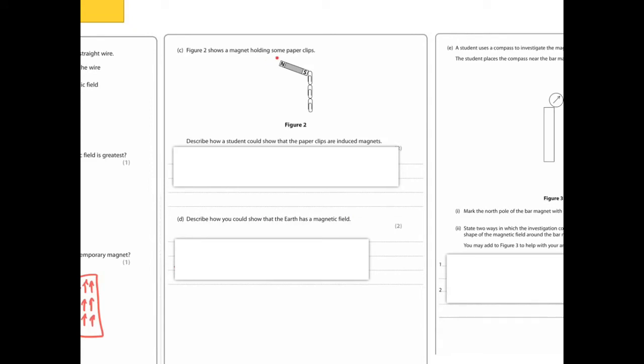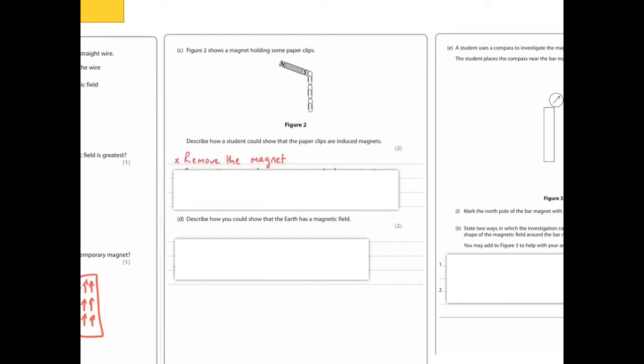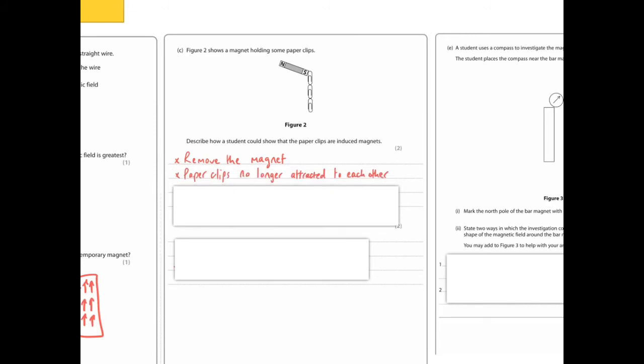Figure 2 shows a magnet holding some paper clips. Describe how a student could show that the paper clips are induced magnets. What that means is describe how you could show that these paper clips are temporary. Their magnetism is due to something else interacting with them. Something else has created that magnetic effect within these paper clips. So it's quite simple. All you have to do is remove the magnet and the paper clips will no longer